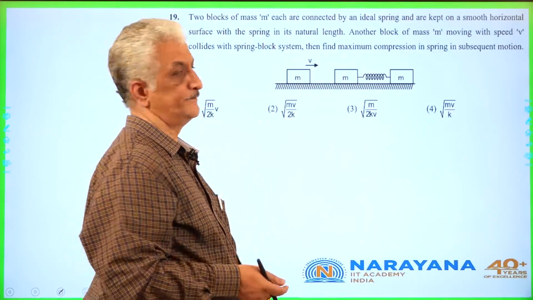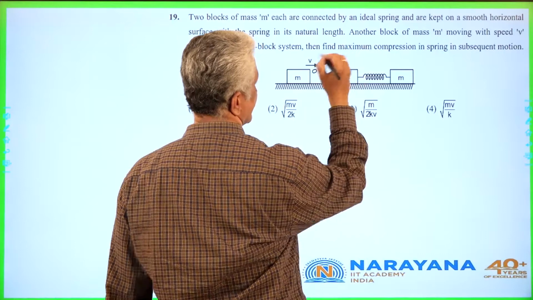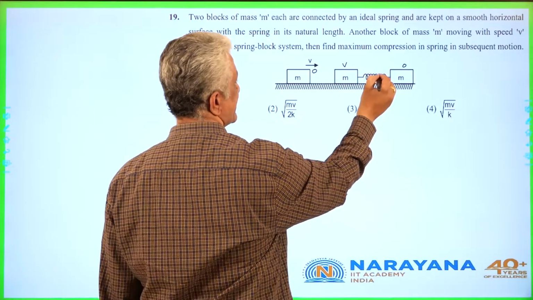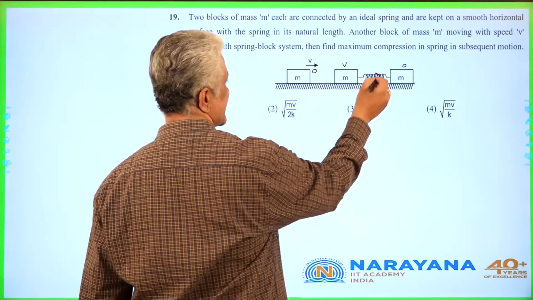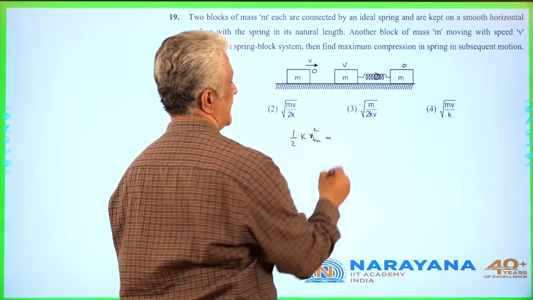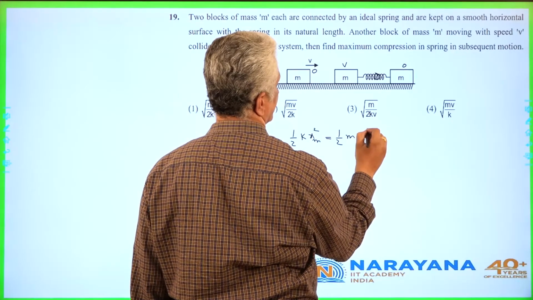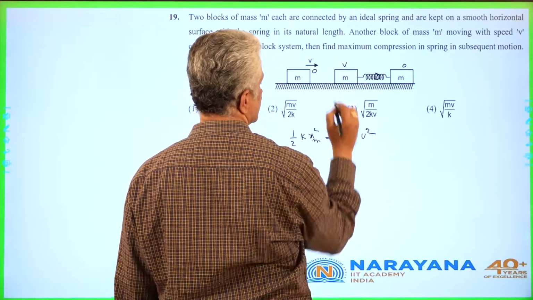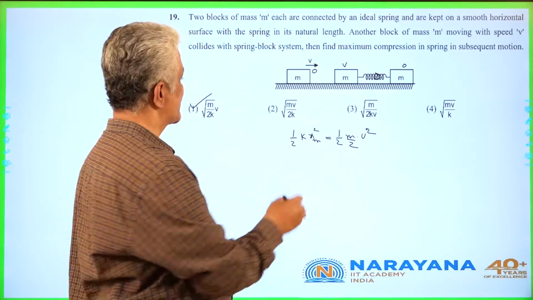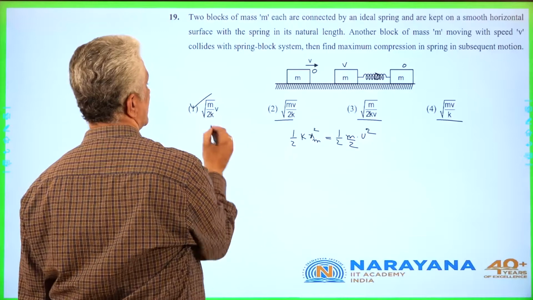Next, the 19th one. When this body collides with this and comes to rest, this becomes 0. Then V comes here. Initially it is 0. When it totally becomes V, with respect to this, there is some relative velocity here. Then this energy, that is half K maximum compression squared, will be nothing but half m into that relative velocity, which is V squared. But for the relative velocity of only one mass, m by 2 will come here. If we simplify, we get this value here. Or even if we check the dimensions, we can find that these three dimensions will not match with this K here, only this dimension will match.